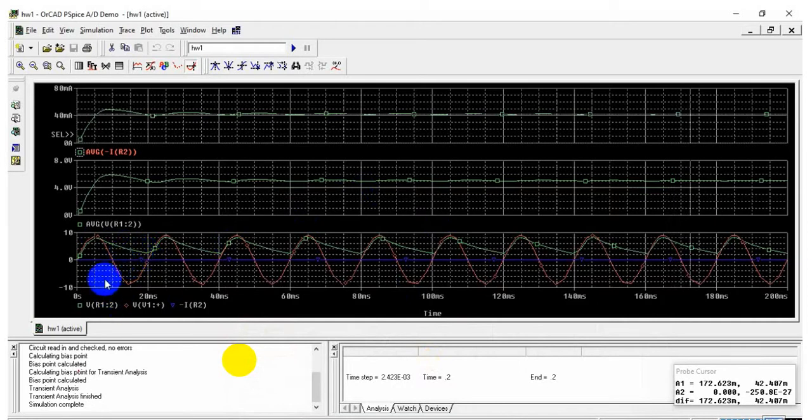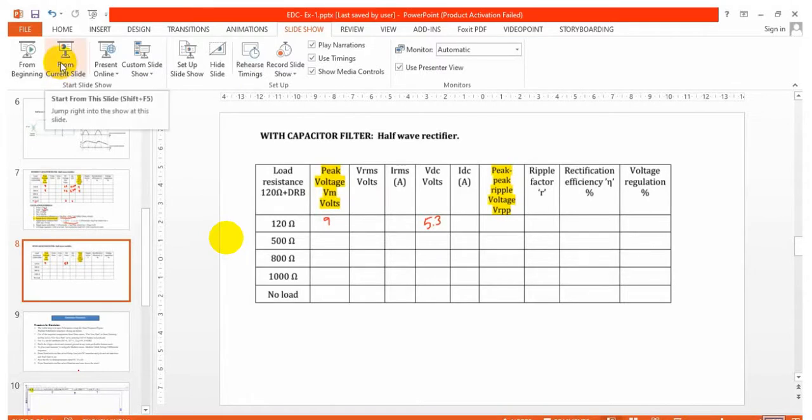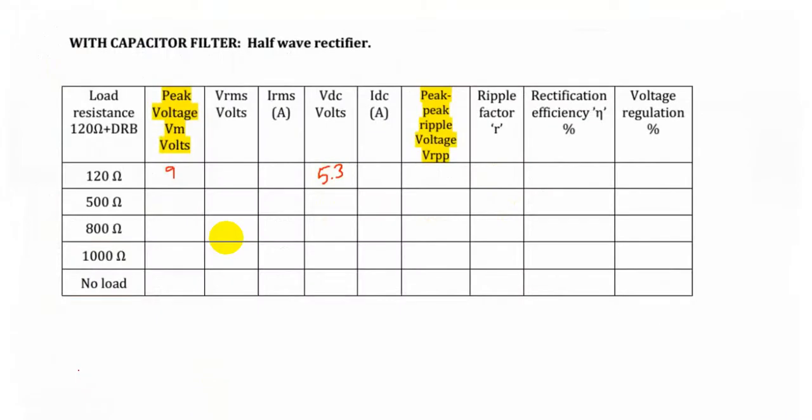See the values, what is the maximum and minimum it is going, you have to observe from here, right? So maximum will be up to 9 volt, minimum is around 3 volt. Okay, each division is 2 volt. So minimum is around 3 volt. Okay, so 3 and 9. So this distance will be around 6 volt. So peak to peak ripple value will become 6 volt. So we can take that 6 volt as the peak to peak ripple value and note it on the table. So IDC average current you have to note down, then peak to peak ripple value.